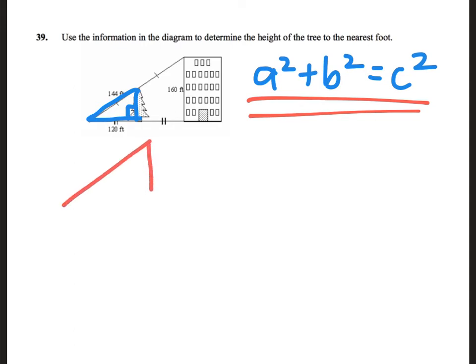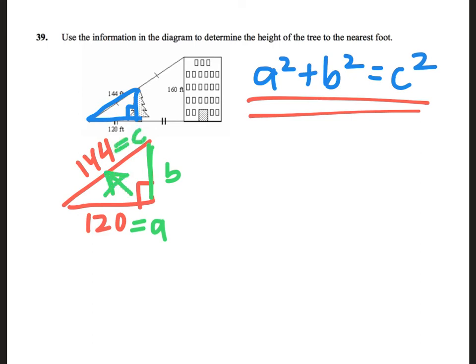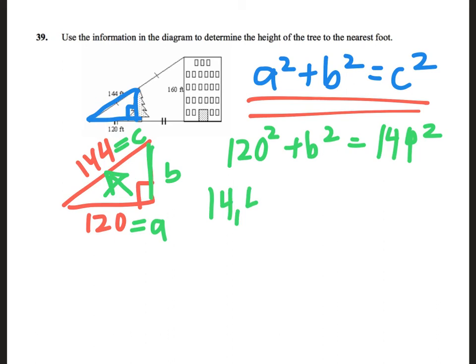So if I make my triangle a little bigger so I can see what's going on, we have 120, we have my little right angle, and we have 144. Again, we are trying to find this missing side length here. So I'm going to call this one A. I'm going to call this one B because those are my legs. Again, across from my right angle, we have our hypotenuse 144, which is going to be C. So if we plug that in, we have 120 squared plus B squared equals 144 squared. When we do that, if I do 120 squared, I get 14,400 plus B squared equals 144 squared, which is